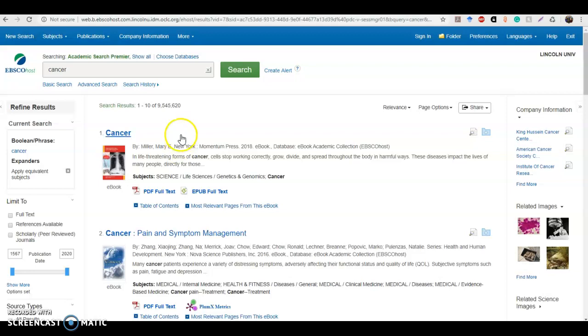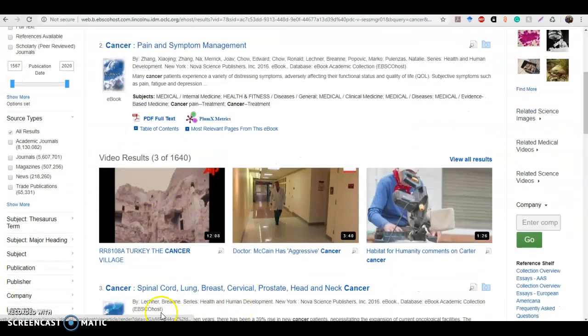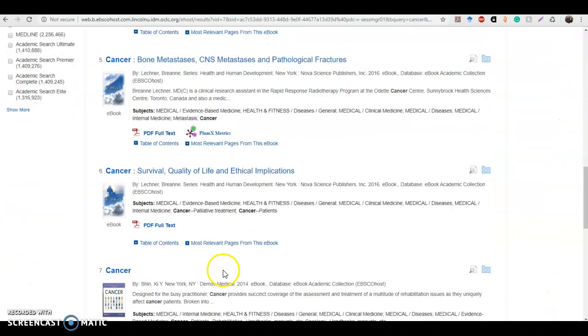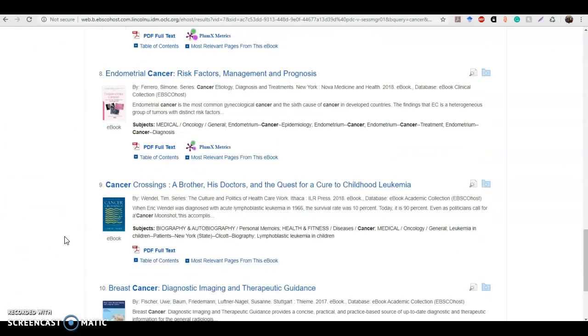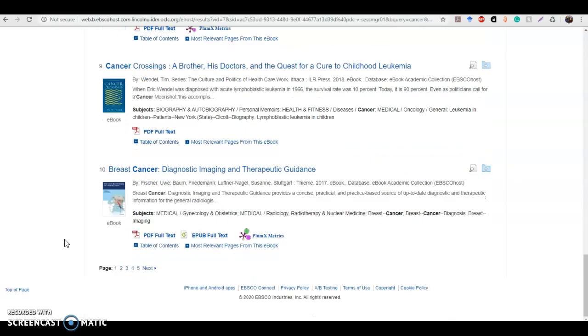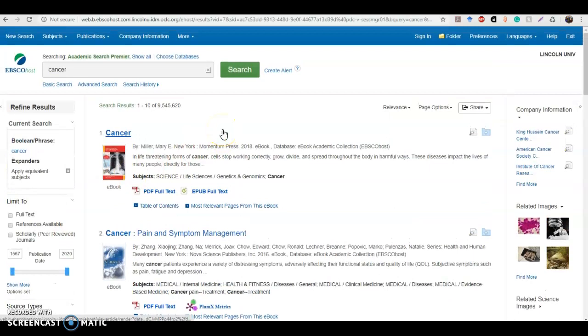You will notice that it's not limited by any source type. So you can see here what the source type is by the picture. These first few results are ebooks, there are videos, and there will be book reviews, there will be magazine articles, there will be newspapers,